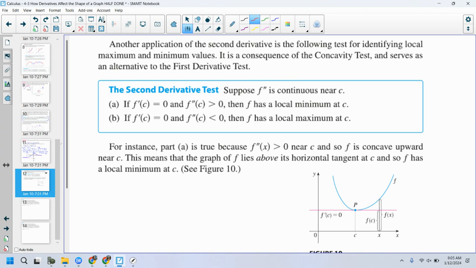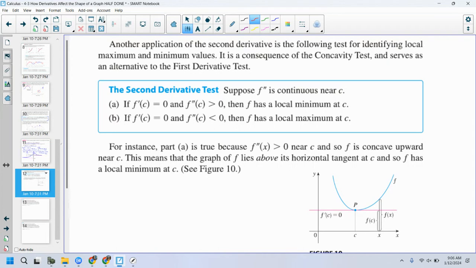You look at the critical points where the first derivative is equal to 0. Find those critical points. Then you take those critical points and run them through the second derivative. If the second derivative comes out positive, then it's a local minimum, which makes sense because if the second derivative